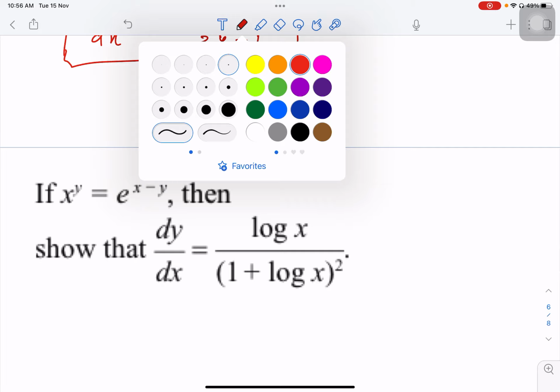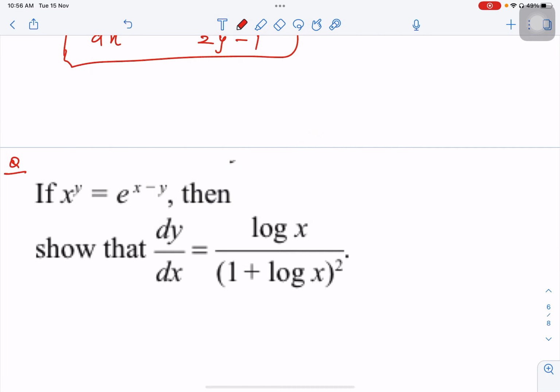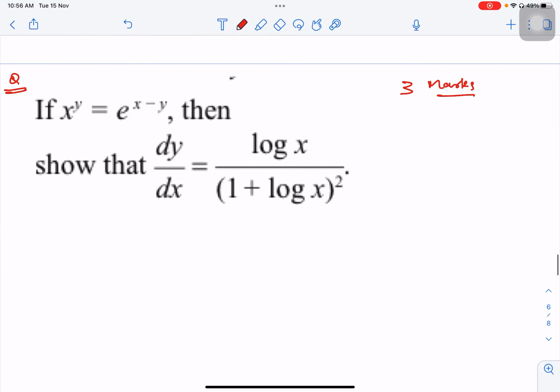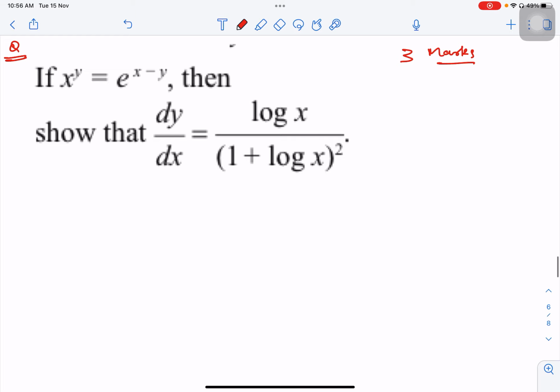Again, very important example जो कि बहुत बार बोर्ड में पूछा जा चुका है. That sum is this one. It is for 3 marks. Very easy. But अगर आपने कभी solve नहीं किया रहेगा तो looks very difficult. करना क्या आपको सिर्फ you see x raised to y,